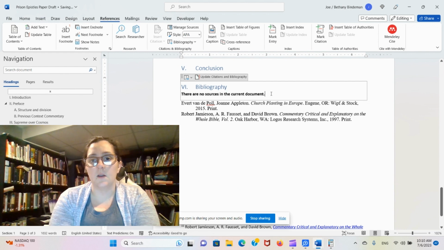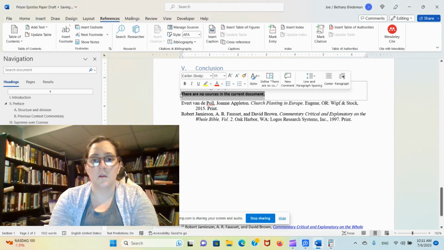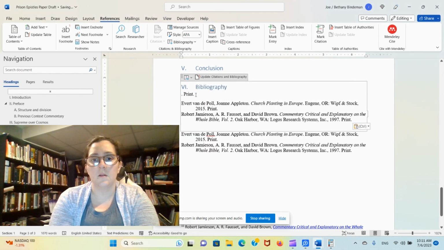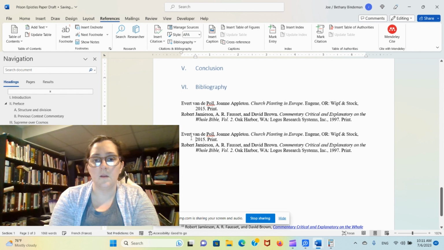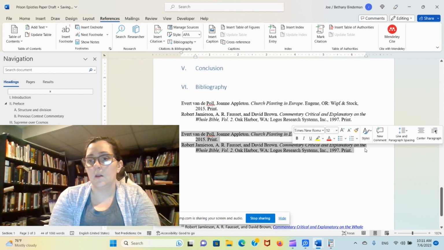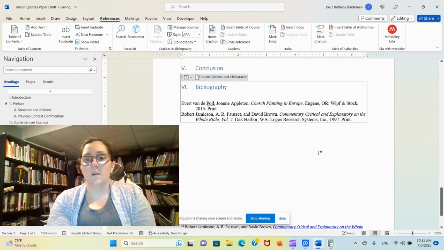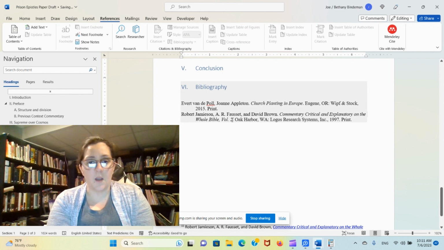And I would paste that right here. Like this. Delete where it says print. Okay, now delete this part. So that's how I would format my bibliography